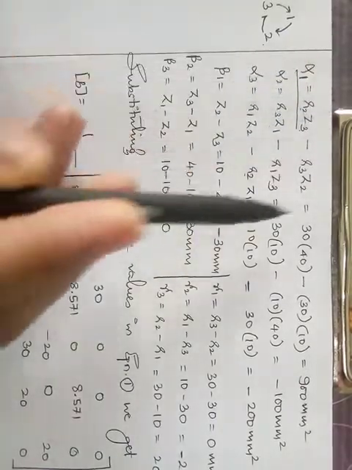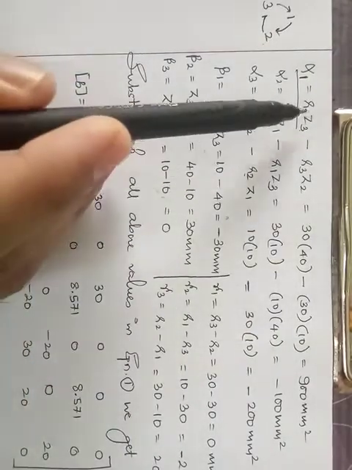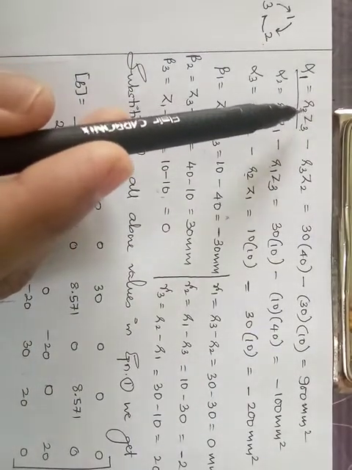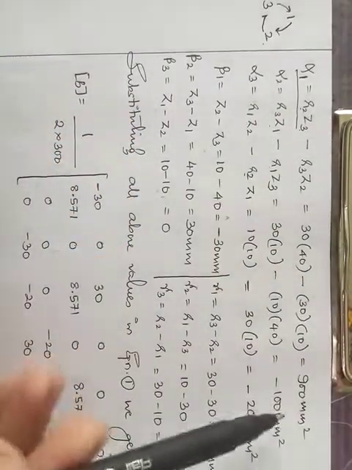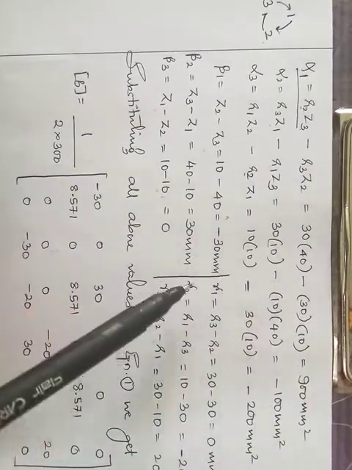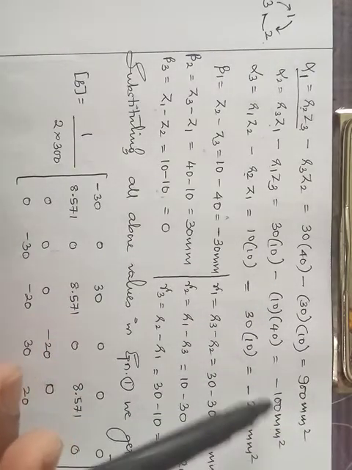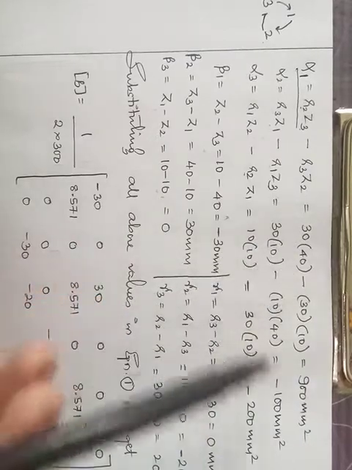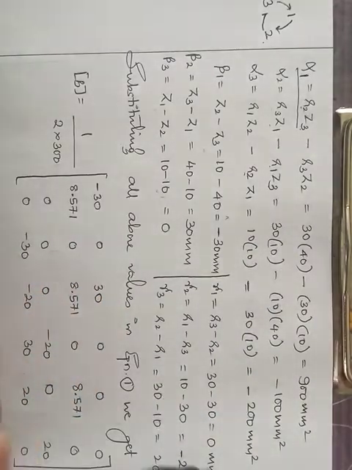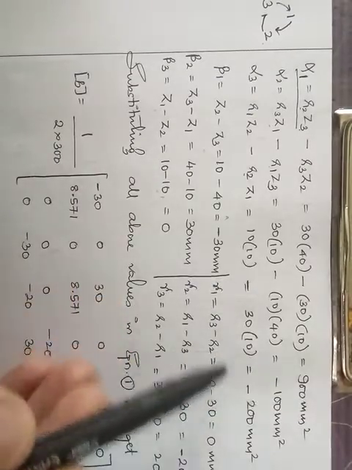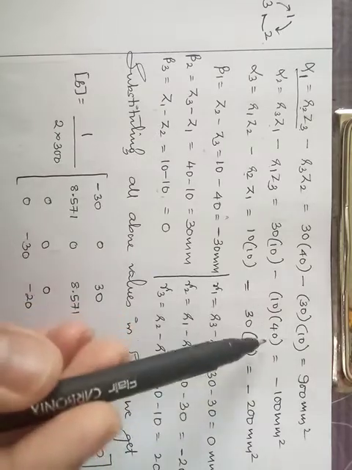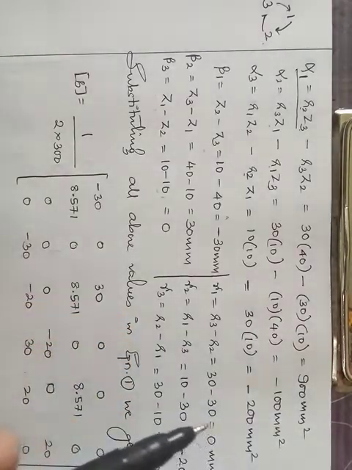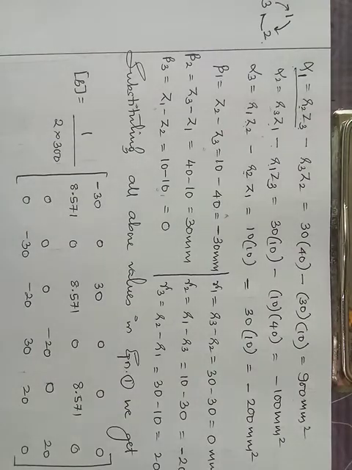If you are clear with this part, then it is very simple, because we know the coordinates of R and Z. You just go on putting those coordinates and you will get the values of alpha 1, alpha 2 and alpha 3. The value will be in mm square, because you are multiplying two values which are in mm, so the unit will be mm square. For the simplification part, you just look it up, because I have already given you the values, and I have also calculated them for you, and these are the outcomes I have got. So that is regarding alpha 1, alpha 2, alpha 3 and how you are going to remember that.